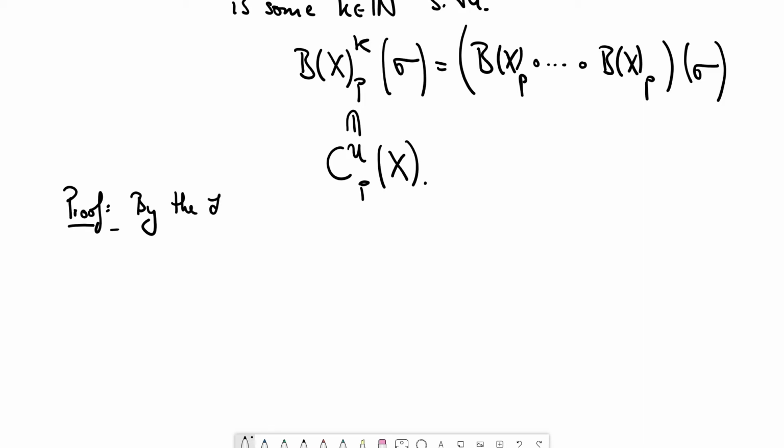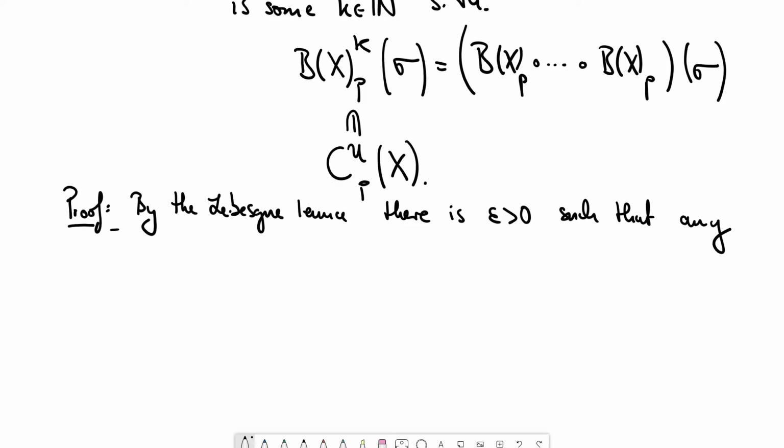What does the Lebesgue lemma say? The Lebesgue lemma gives us a number epsilon such that... and where do we apply this Lebesgue lemma? We don't apply it on X because the Lebesgue lemma is a lemma about metric spaces. X is not a metric space, but we apply it to the standard simplex. So there is epsilon such that